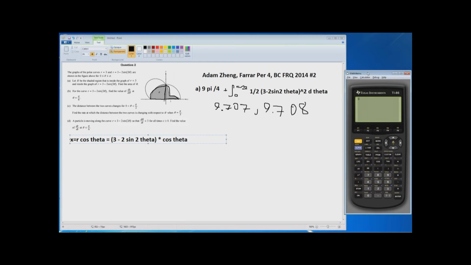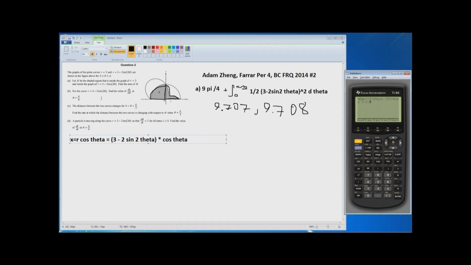Okay, we can plug this into our calculator. So we go to second divide, which is calculus, and then numerical derivative. Now we enter our function, which would be 3 minus 2 times the sine of 2, let's say, y. And then multiply this by cosine of y. Then our variable here was y, and we want to evaluate this